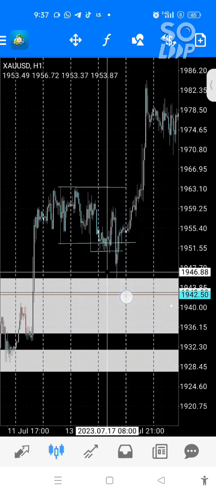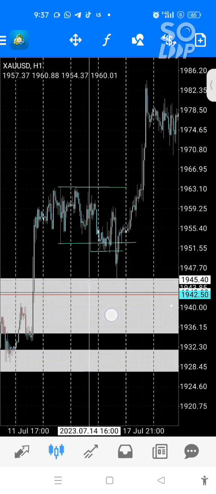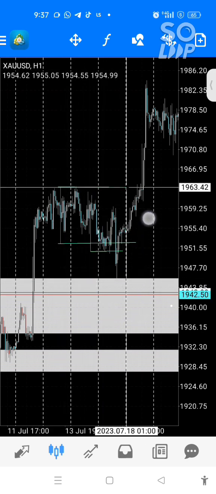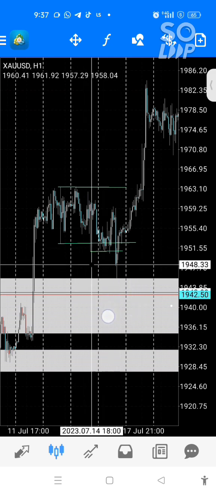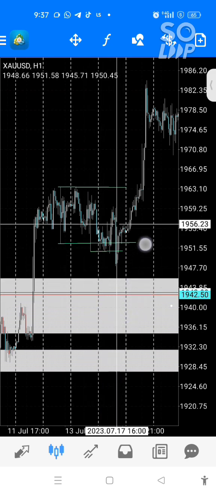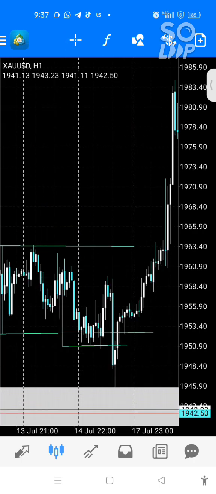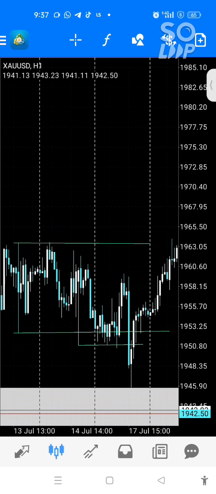Now, if you look at your stop loss, you look at the reward that the market is likely to offer, and you see that no, this is not the kind of trade that will benefit you, then just leave that trade and don't even touch it. Leave it, don't touch it.